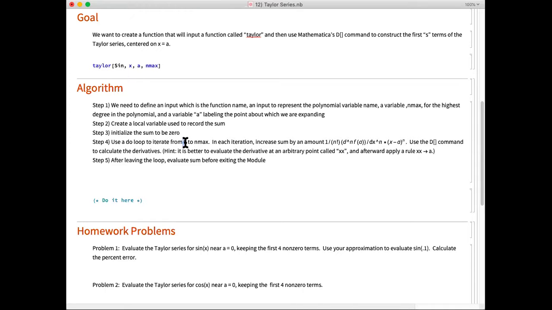That's a little bit of a wrinkle. Highlight that there. We start at 0 because the Taylor series formula starts at 0. And then you go up to some maximum number of terms. And at each iteration, you update the sum by this term, by this factor. So at each order, you add a term to the series, to the sum, which is 1 over n factorial times the nth derivative evaluated at a